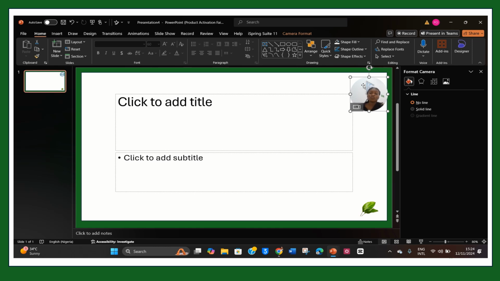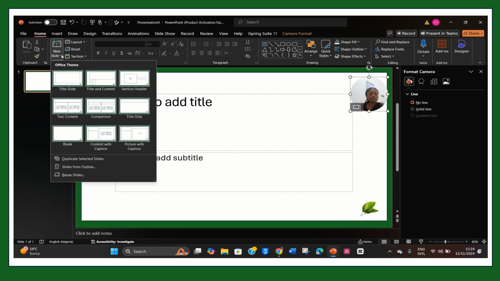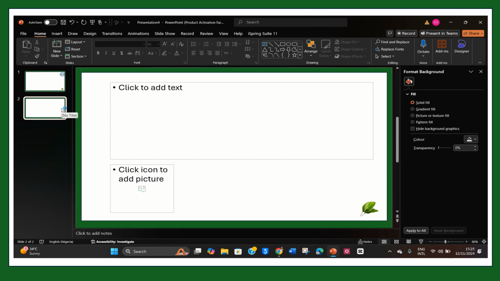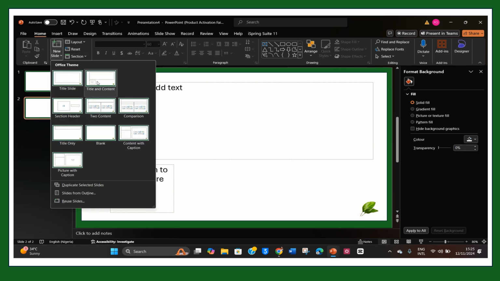Now you might be wondering, where are all the slides that we are working on, all the ones we customized? You can easily find them on Home under the New Slide option. Once you click on New Slide, you will see all the slides that you've been working on, so you can add them. Can you see this? When we had the text and picture, you can add it here. You can add this part where we have